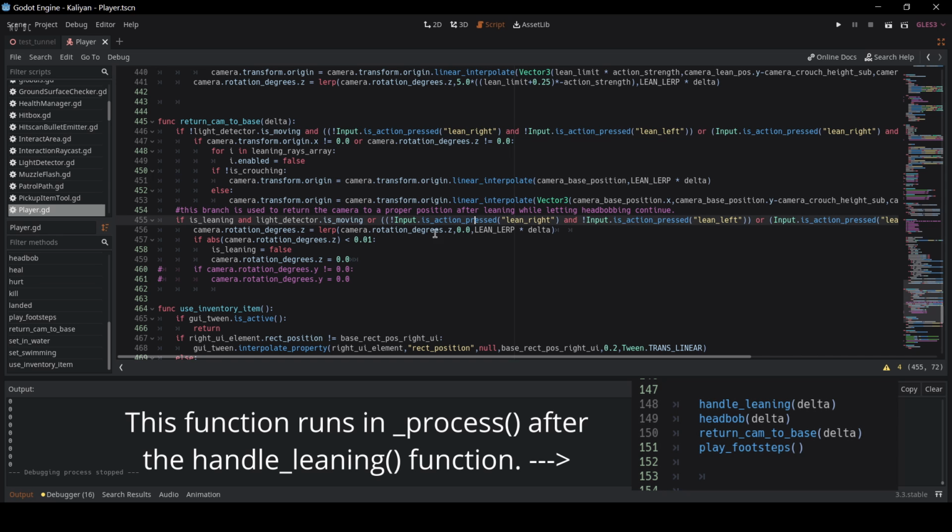And then this down here is, like it says here, a separate branch I made to deal with a bug I was encountering while I was head bobbing. But all it really does is lerp the camera rotation back to where it should be. So you remember that Z rotation we did? This just moves that back to be right. Now this here,